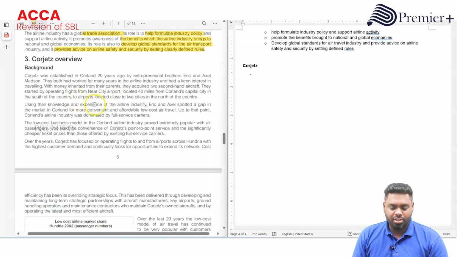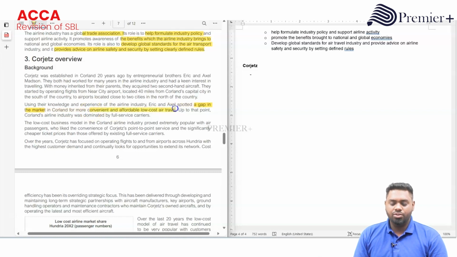Using their knowledge and experience of the airline industry, Eric and Axel spotted a gap in the market in Poland for more convenient and affordable low-cost air travel. So this was a niche market where there was a vacuum. Up to that point, Poland's airline industry was dominated by full-service carriers. So we can say that